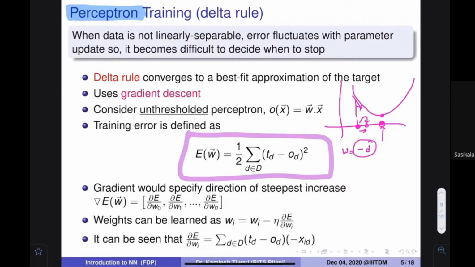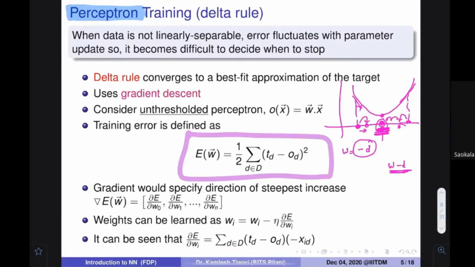Okay. If you have this weight, this value, you see that the derivative is positive. So you take the minus of the derivative and add it to your value. So your value would reduce, and you are going to come over to this place. So this is the importance of the negative of the derivative. You are reaching toward the point which is our point of interest.